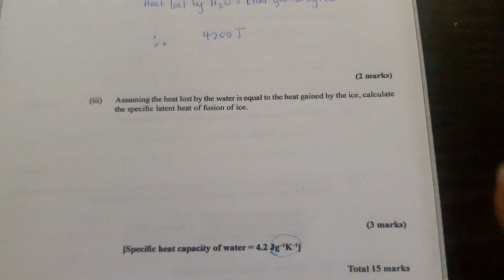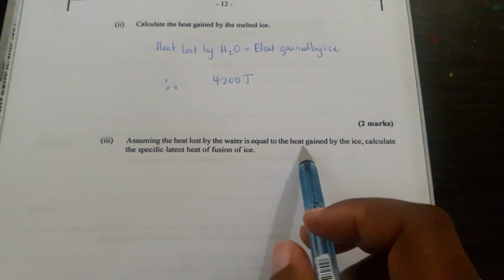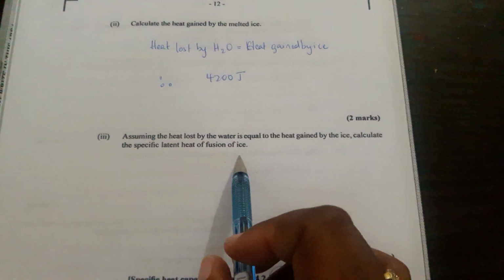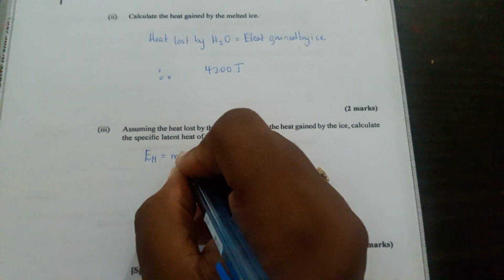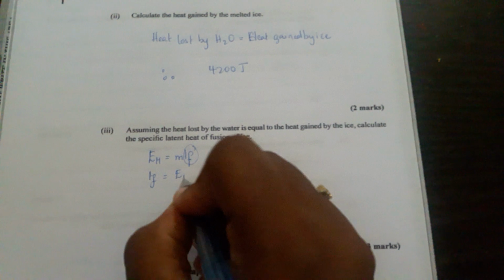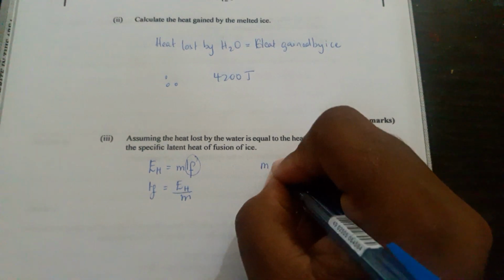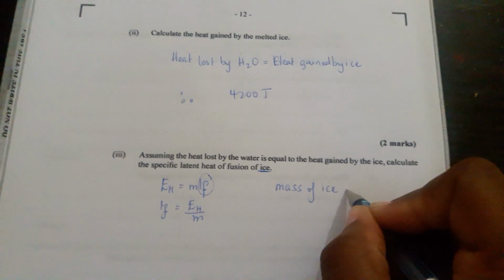Now assuming this heat lost by the water is equal to the heat gained by the ice, and they give you the answer again down here. Assuming the heat lost by the water is equal to the heat gained by the ice, calculate the specific latent heat of fusion of ice. So we know that EH equals m LF. Right? So if you're looking for, this is latent heat of fusion, so LF will be equal to EH over m. And the mass of the ice, because we're looking for the ice, will be equal to